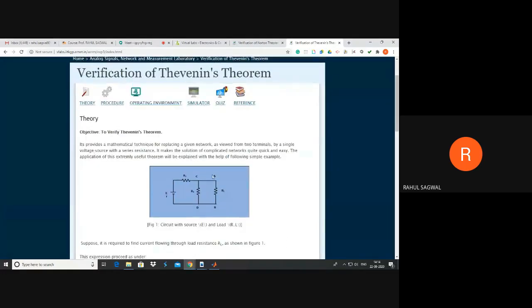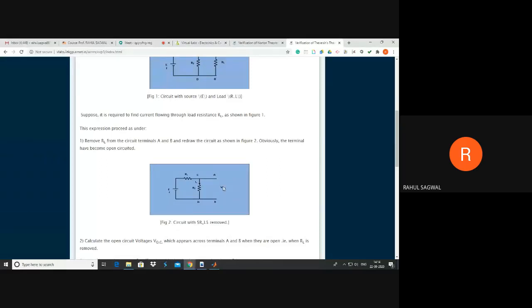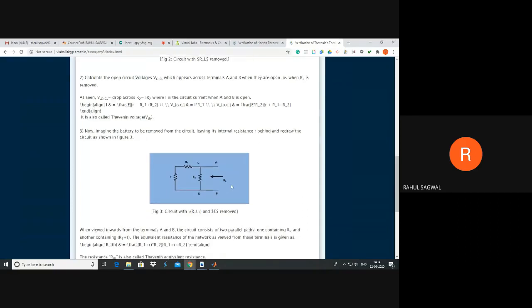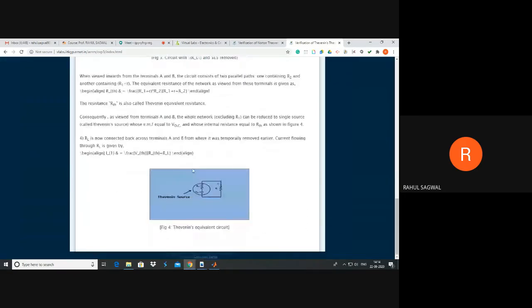So in Thevenin's theorem, there were basically these two main steps. First, you need to remove the load RL. Then you have to observe the open circuit voltage, which we call Thevenin voltage or equivalent voltage for that particular circuit. Next, you need to calculate the equivalent resistance or Thevenin resistance looking from the load terminal. After calculating VTH and RTH, you can then plot an equivalent circuit using those values, VTH and RTH connected in series with RL.